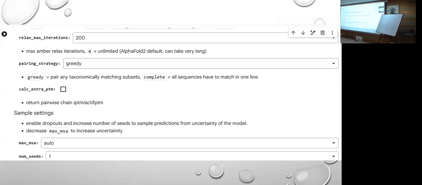So it will find any match from the database and will make your model. It will become greedy. And then you do not have to check the extra PTM. You may check this if you have enough time, enough hardware, enough resources, but here we do not have time. So for the shortage of time, we are skipping this.